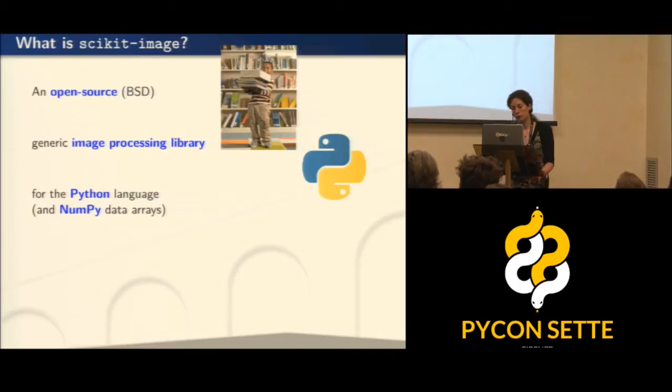Here are a few characteristics of the library. First, it's open source. It's BSD licensed, so very permissive. You can basically reuse it for everything you want. It's a library, meaning that it's not an application, so it's not something with a lot of visualization, for example. It's meant for you to reuse it in other situations, to adapt it to your